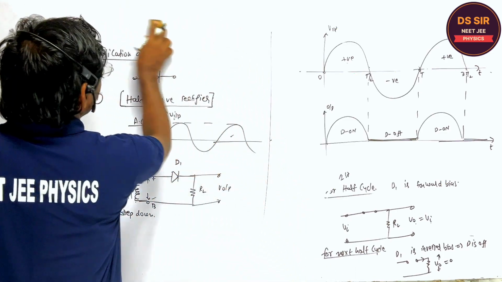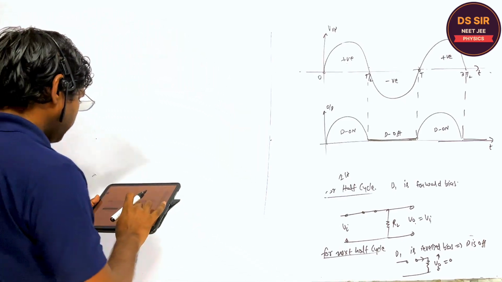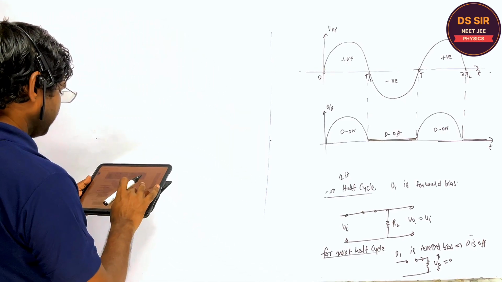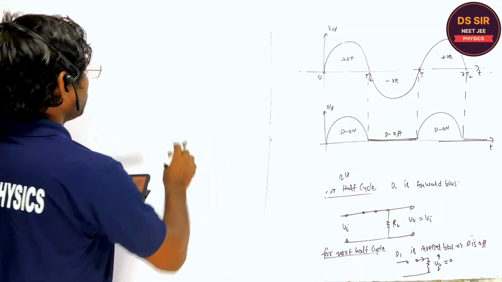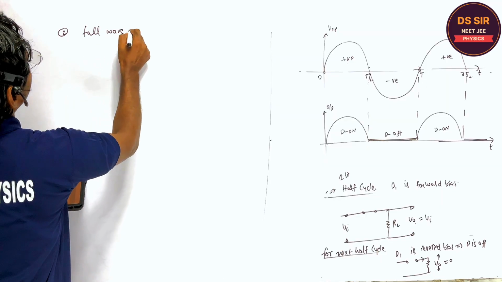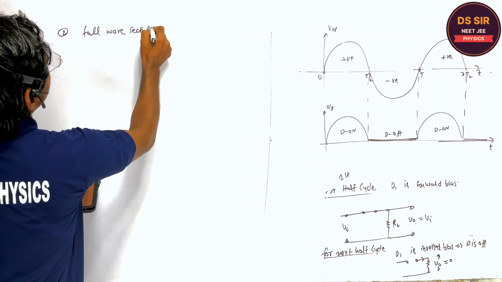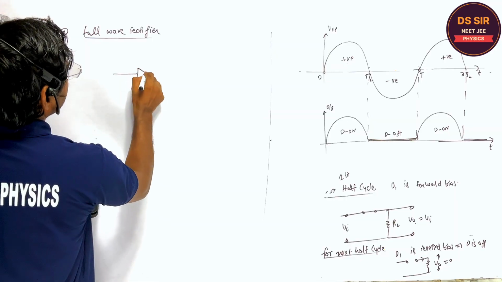Okay, so this is the half wave rectifier. And what about the full wave rectifier? In the full wave rectifier, what do we have? In the full wave rectifier, we use two diodes. The second is the full wave rectifier. In the full wave rectifier, we have the two diodes like this,